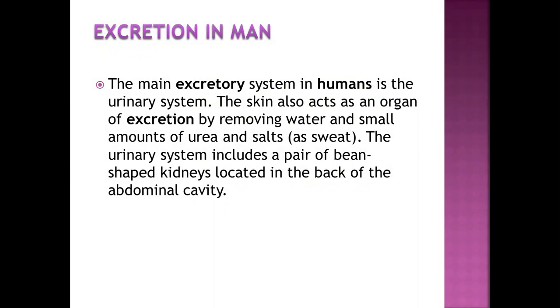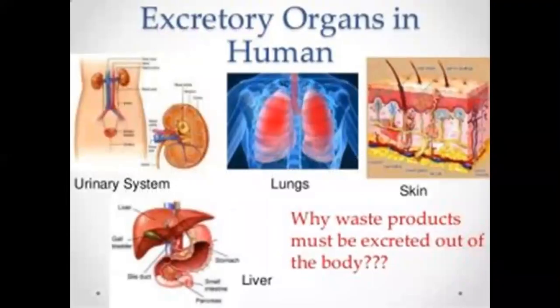Actually, excretion is mainly done by the urinary system, but some excretory products are also removed as sweat or tears, and also by the liver. So these are the other organs. First, the urinary system is the major excretory system. Lungs exhale carbon dioxide as the excretory product. Skin removes sweat from the sweat glands, as well as